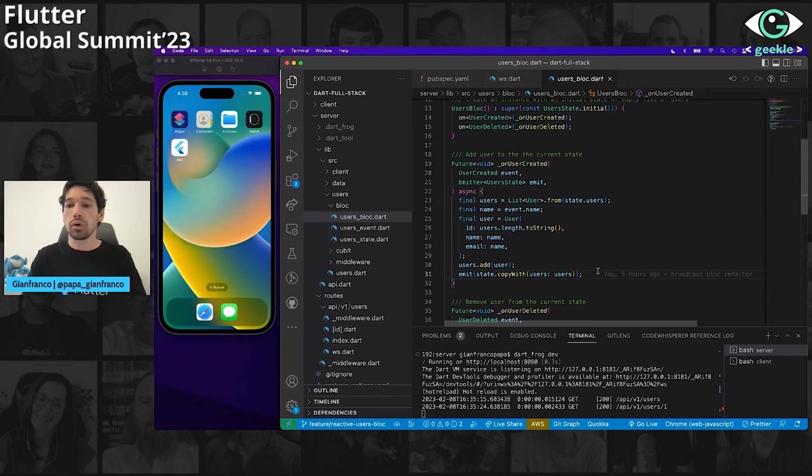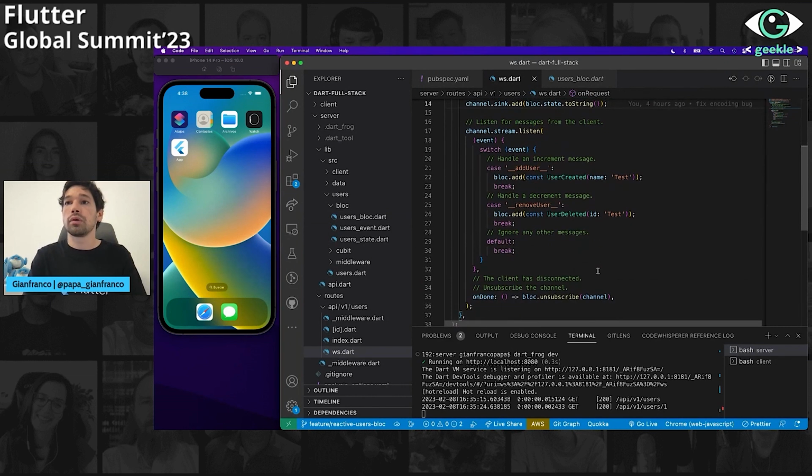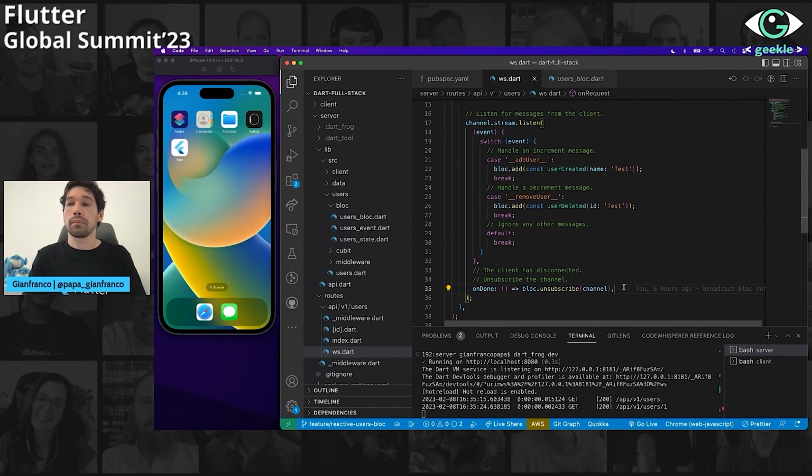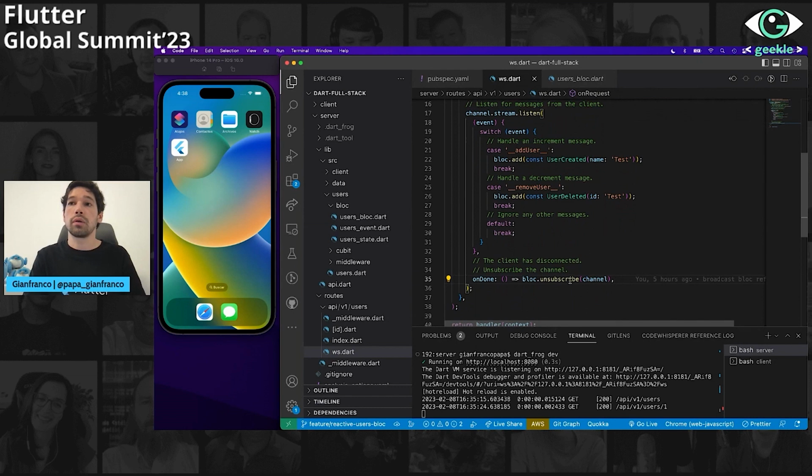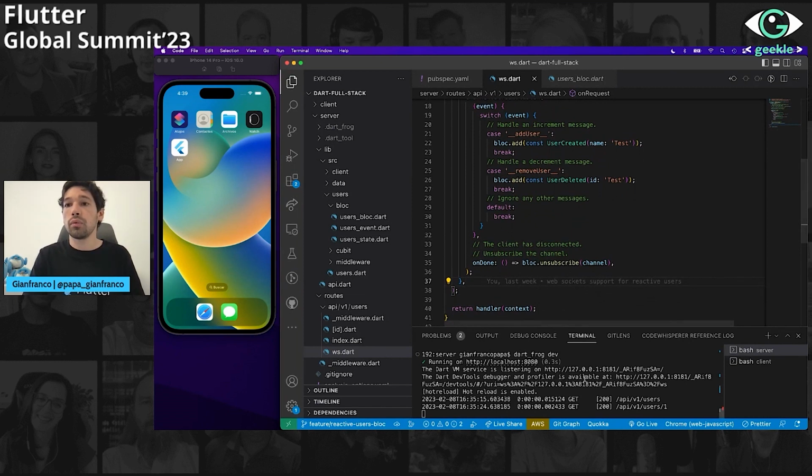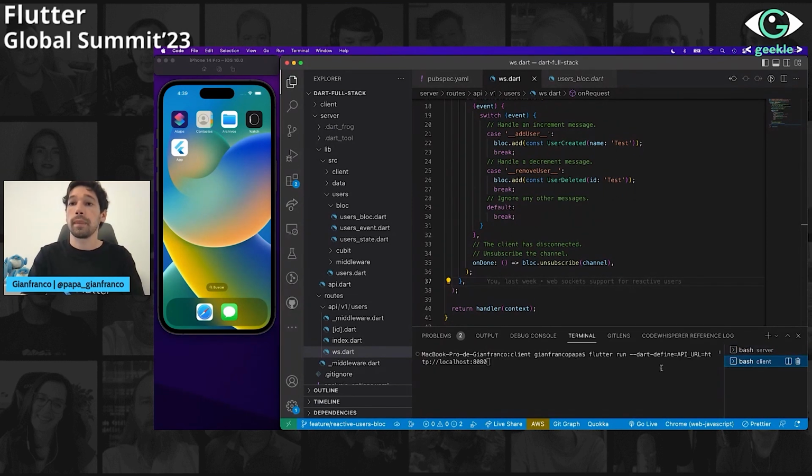Okay, so if we return to the WebSocket method, the last thing is that we unsubscribe the client whenever the connection is closed. So we don't have to communicate the changes, or we don't have to maintain that client in our internal list, because the connection has been finished. Okay, so now we are going to try to run the project and see this in action.